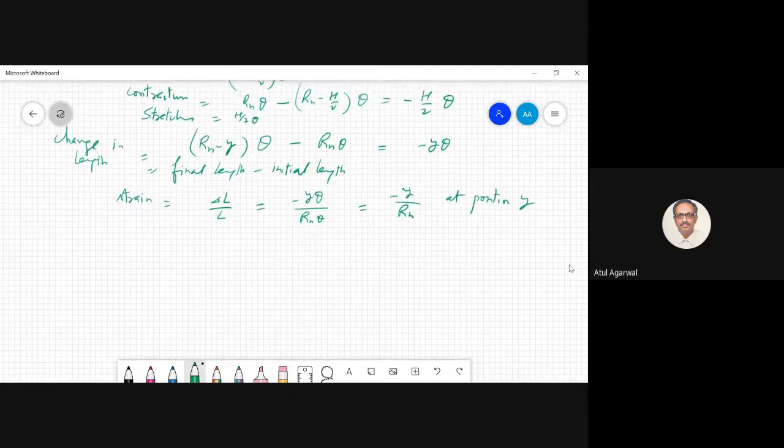Now we will show the cross section. I'll just simply show the cross section. So this was my initial point. Where was a neutral point? You can call it a neutral point. I'll explain the neutral point also. So the change in length of the fiber, strain is 0 here. And what we found was strain was here minus h by 2. And what was the strain here?